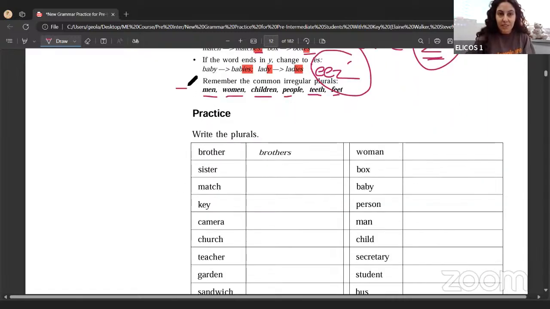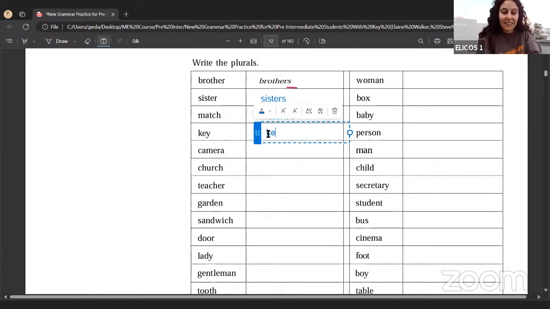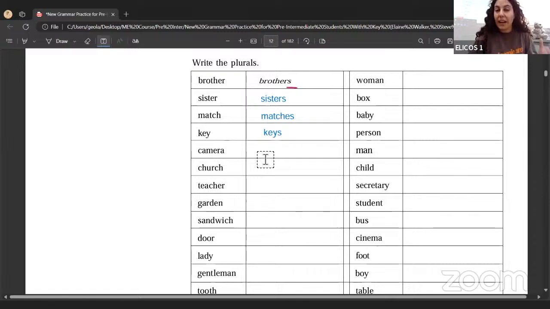But there's some words that are irregular in the plural. Okay, let's write the plural. So the first one, brothers. We can see we just add an S. Brothers. Sister. Sisters. Match. Matches. Key. Key. This is actually, we did learn that we take off the Y and add ES, but just